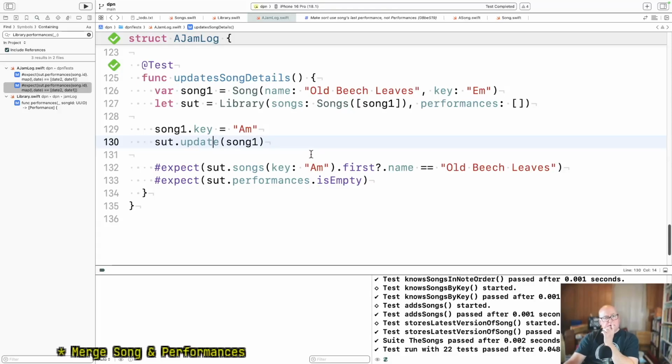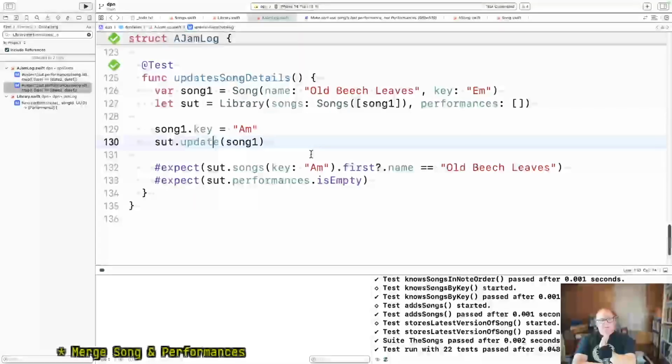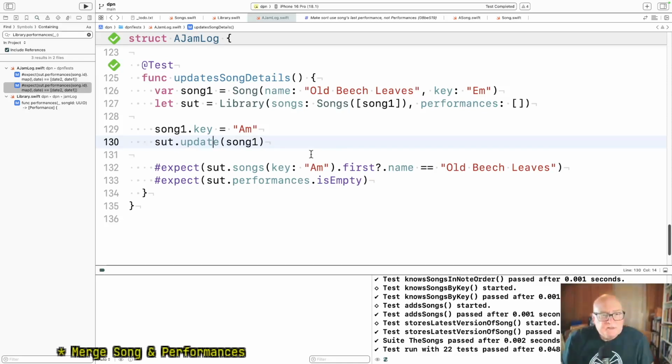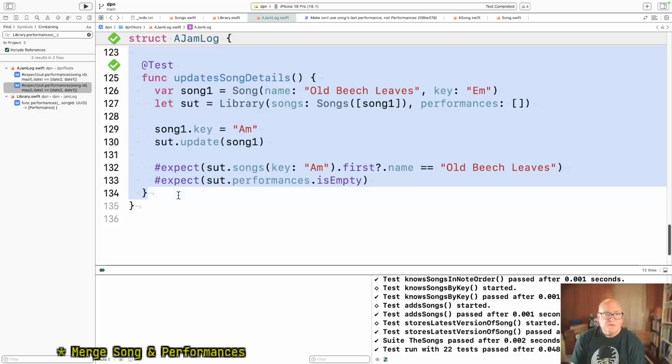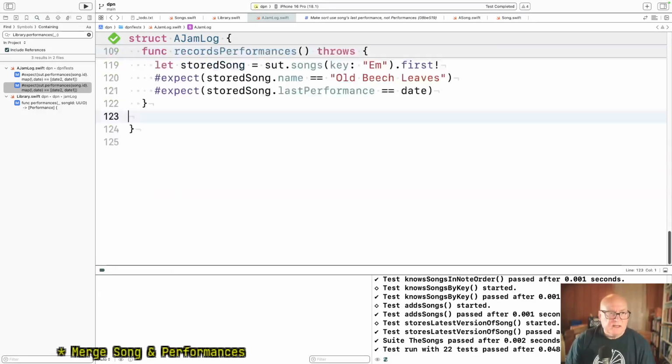Well, I don't think that's quite right. If you create a song with no performances and you update it, your performances are still empty. That is boringly true to me. I don't think that's something that needs to be worked through. It did for performances, but now the song is the song, so I don't think that's a deal.